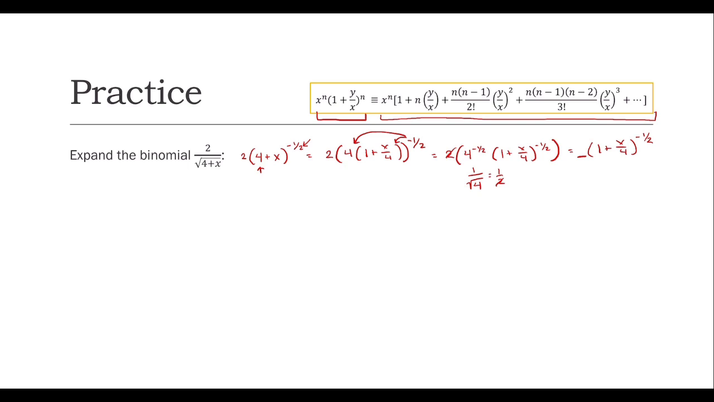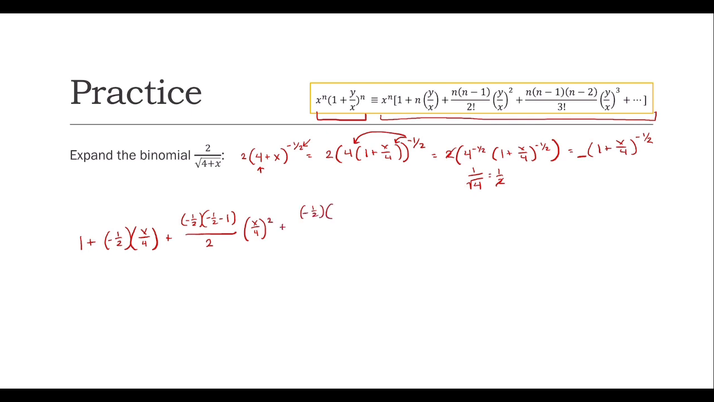So then we'll have 1 plus n, which n is our exponent, so negative 1/2, times y over x, which is our second term, so x over 4. So then we have plus n, negative 1/2, times n minus 1, negative 1/2 minus 1, over 2 factorial, which is 2 times 1, so it's just 2, times y over x squared, so x over 4 squared, plus n,